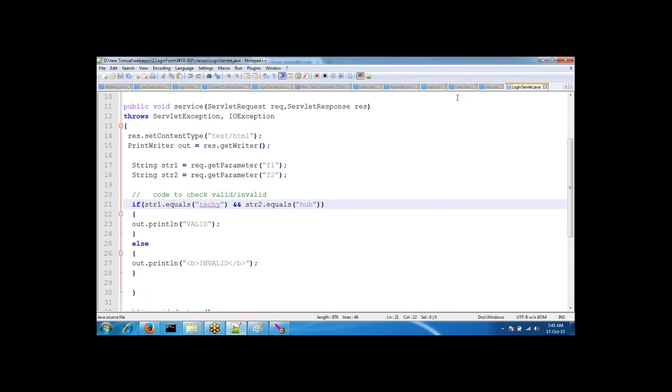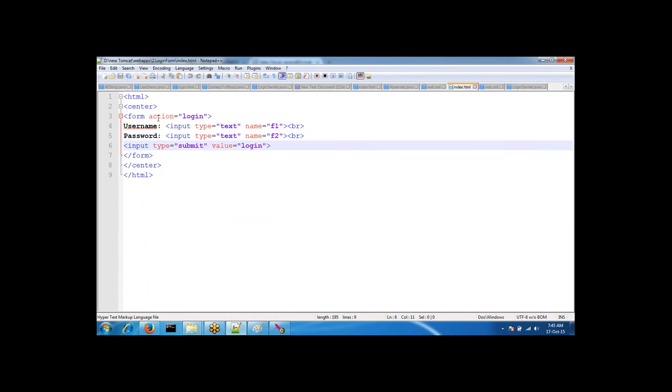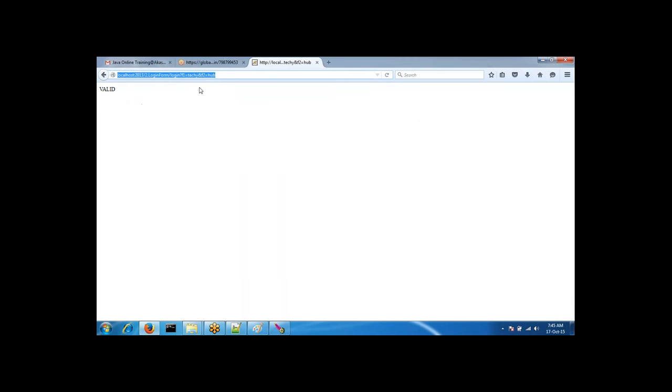That is, whenever I click on button, it will search for this login. So this login is nothing but exactly this one,